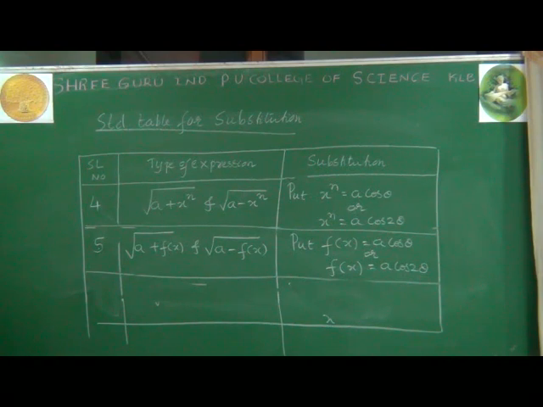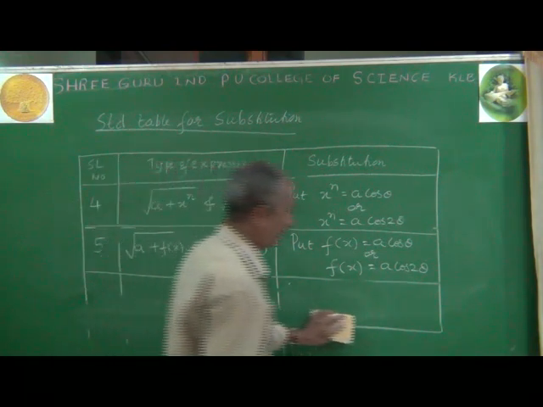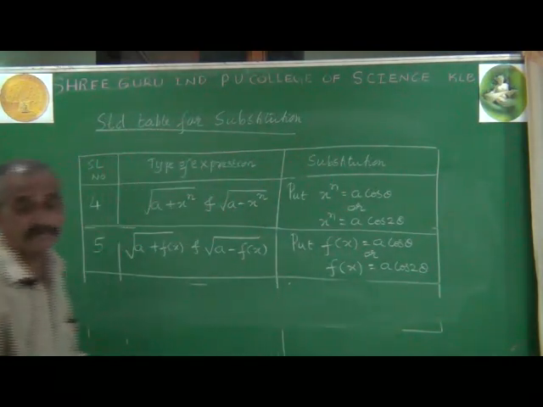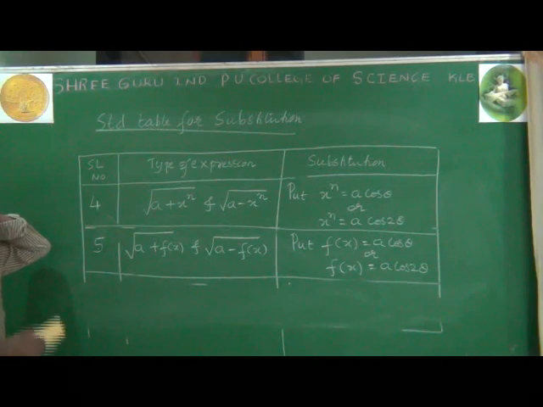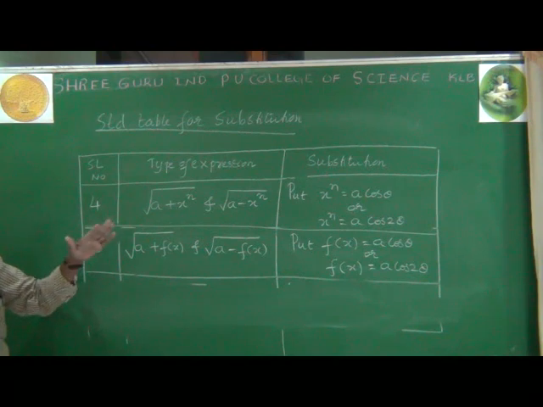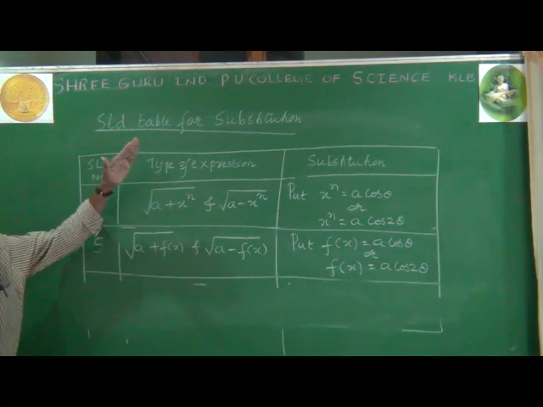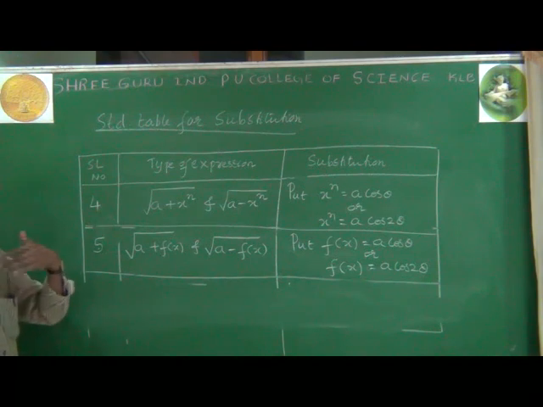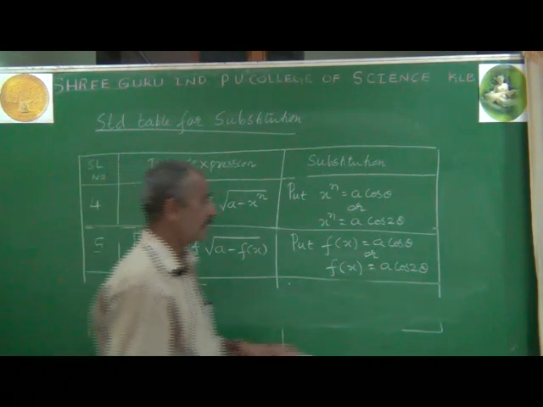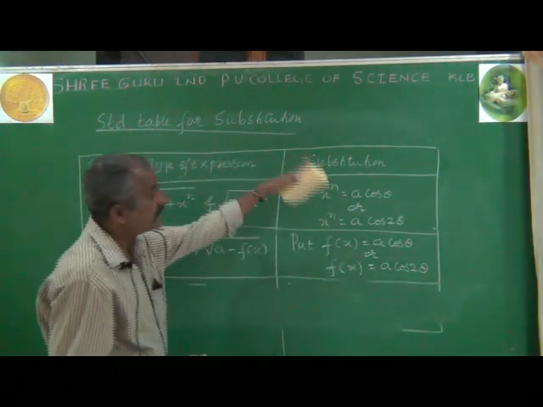So these are the 5 important types of substitutions for these types of expressions. So try to memorize this table quite properly. One more thing: don't keep in mind that in every coming problem we should refer to this table only, not like that. This table is only for these particular kinds of expressions. Sometimes an expression other than the table comes, and you have to take a substitution other than this column.